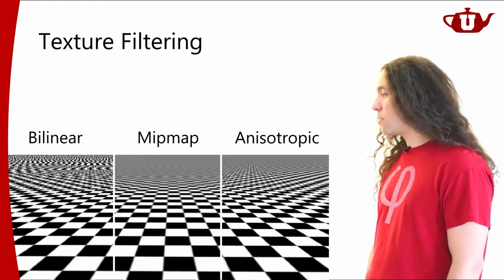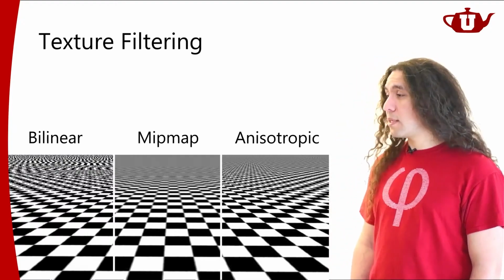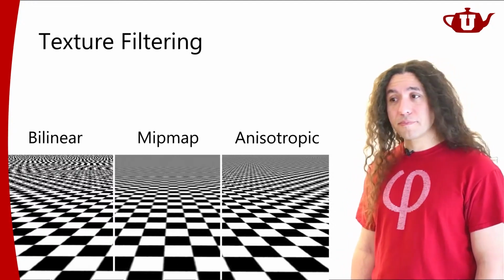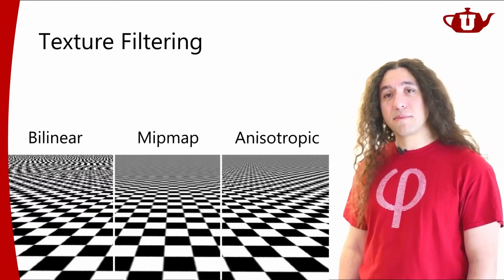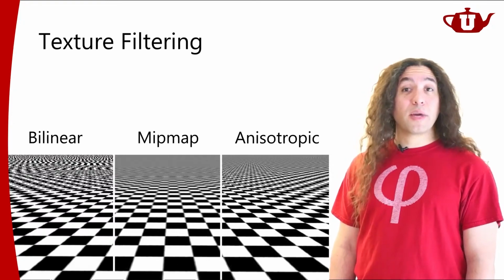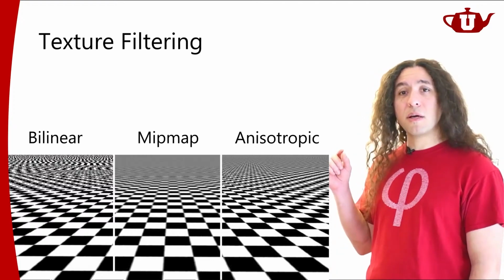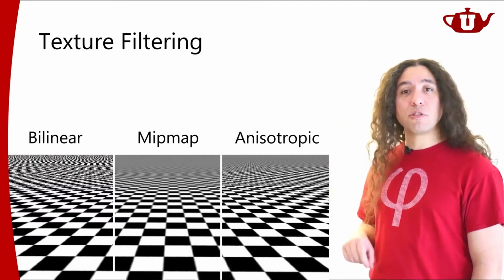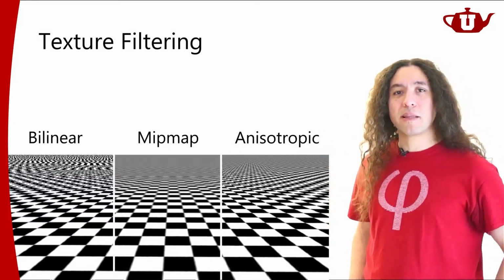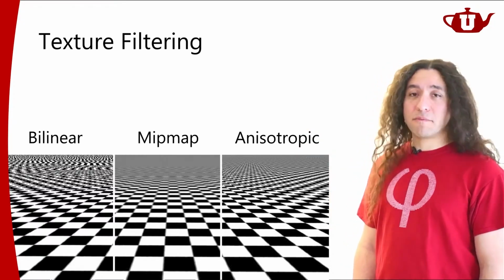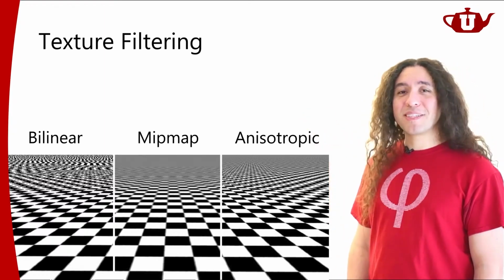If you were to do this filtering yourselves in your shader code, you can do that. But that will require you to compute the screen space derivatives of the UV coordinates, which is not a big deal because the GPU can compute the screen space derivatives of the UV coordinates for you, the UV coordinates meaning the texture coordinates. The screen space derivatives will tell you how big that pixel is going to be in texture space, and if it's elongated in one direction, you will know along which direction it's elongated by looking at the screen space derivatives. Actually, fairly simple.